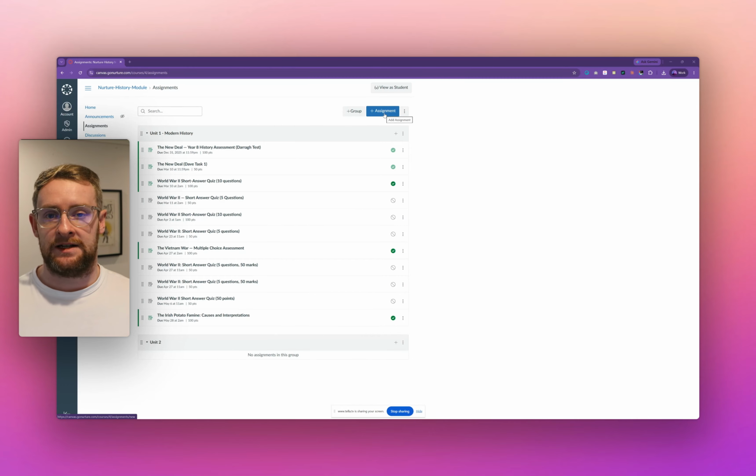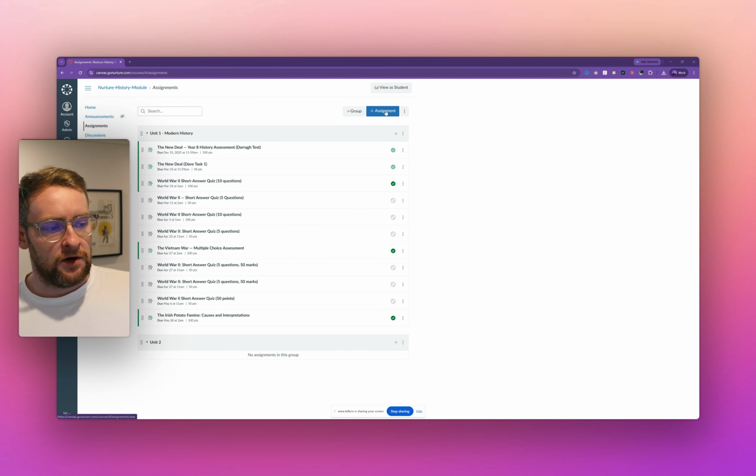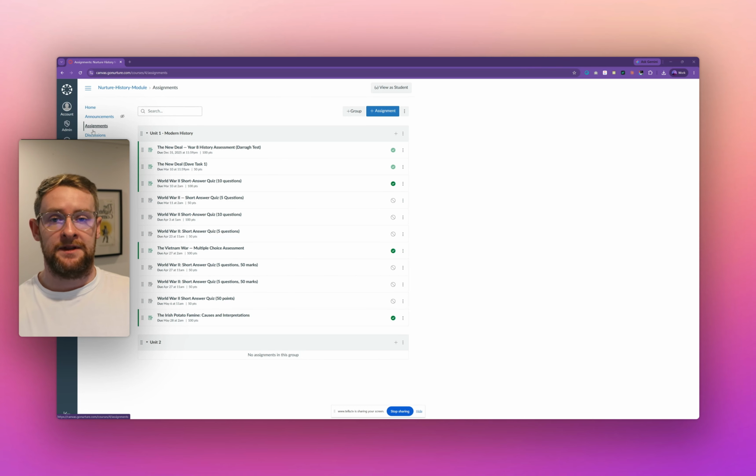I'm going to talk you through the differences involved when creating a task using Nurture on Canvas compared to creating a task on Nurture on Microsoft Teams, because there are a couple of subtle differences in how Canvas works with Nurture, and I just want to go through them in this. So the first thing I want to call out is that Nurture works natively directly within Canvas